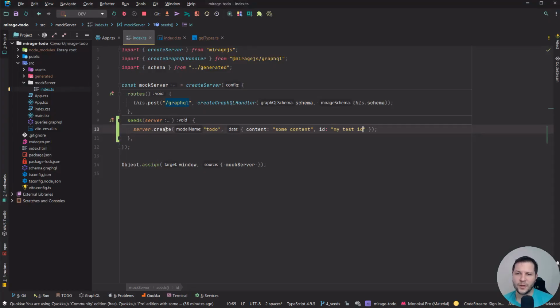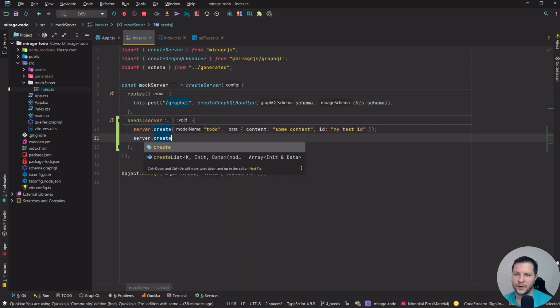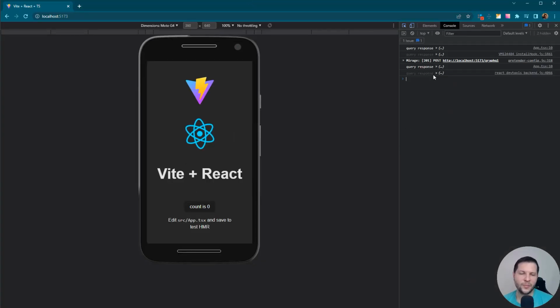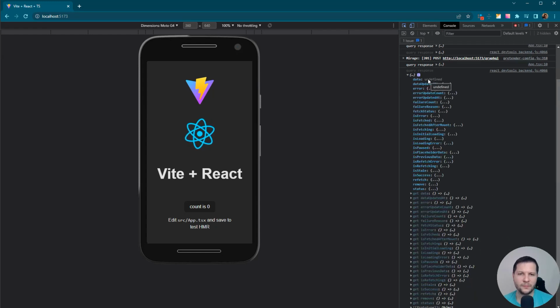Also, Mirage allows us to create lists, server.create to-do, and we can say how many to-dos we need, let's say 5, and it will create us an additional 5 to-dos. If we go back to the browser, we will see that there will be 5 plus 1 to-do because we created one manually. And if we open it, we will see it's undefined. Response,